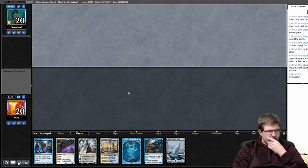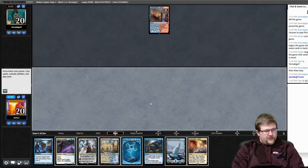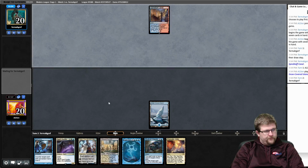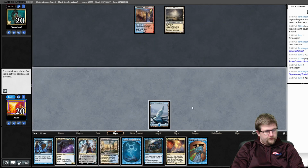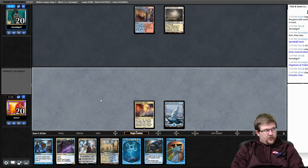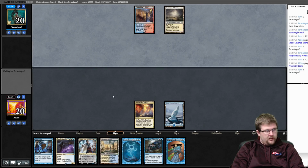Alright, this hand seems decent. It's not amazing, but it's a totally reasonable hand. We got some cheap interaction, which is good. It needs a land. Okay, there we go. I was going to say, it needs to draw a land, but one land makes this hand quite good. Oh, Mana Leak's also just a phenomenal draw. I'll take that all day. Well, kind of hoping they tap out for like a Blood Sun here so I can leak it, untap, and just play Teferi, but...